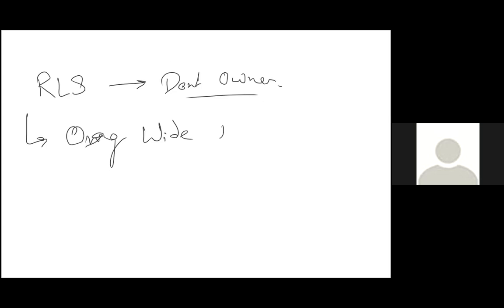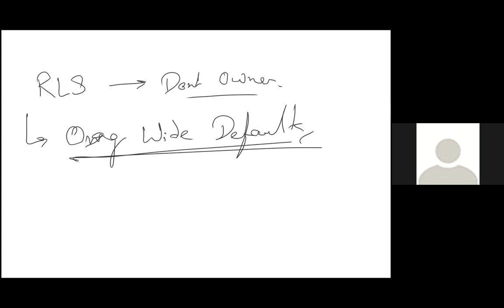Record level security is what you can do on records which you don't own, which is not your own. What can you do here? This is controlled using org wide defaults, not profile and permission sets. It is org wide defaults. Org wide defaults can be private. If I set org wide default for each object, every object will have org wide default. So account, contact, every object will have org wide default.